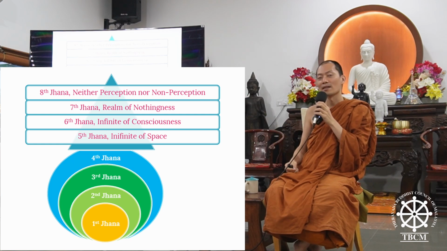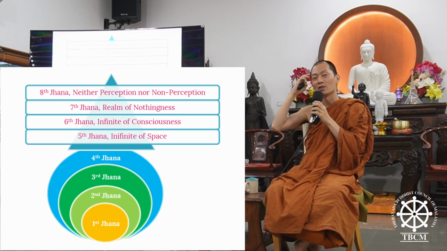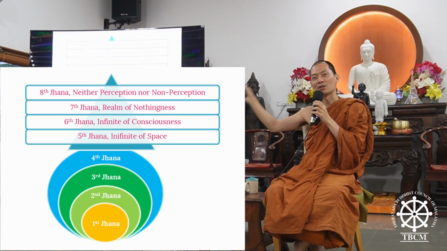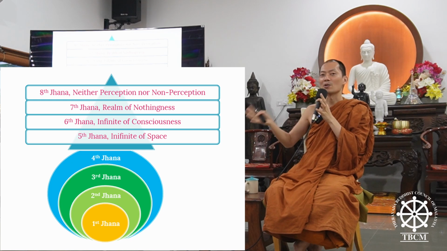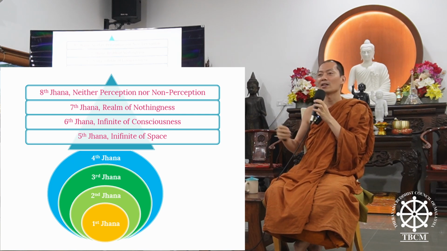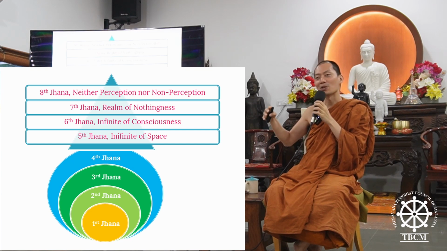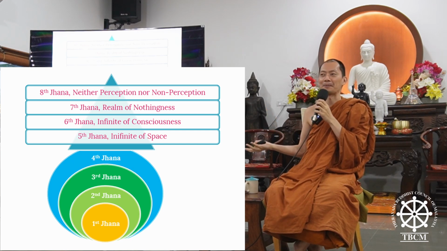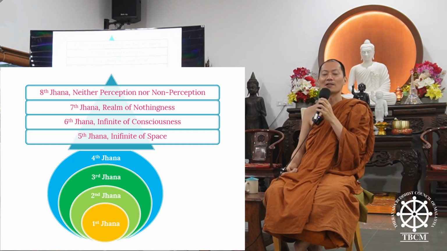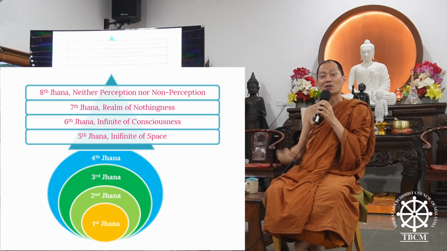So if we go through the routine of the four Brahmaviharas, each meditation object has pros and cons. For example, say I teach breath meditation to guide your jhanas. I guide you all until the first level, and somebody can do the first level. Then I continue giving instruction for the second level, and at the second level they fall asleep, for whatever reason. Then I give them instruction to go to the third level, and they fall asleep anyway, so they cannot carry on. Then the fourth level, and they cannot carry on. So they only get up to the first level because they fall asleep at the second level. Okay, so that's for the breath meditation.